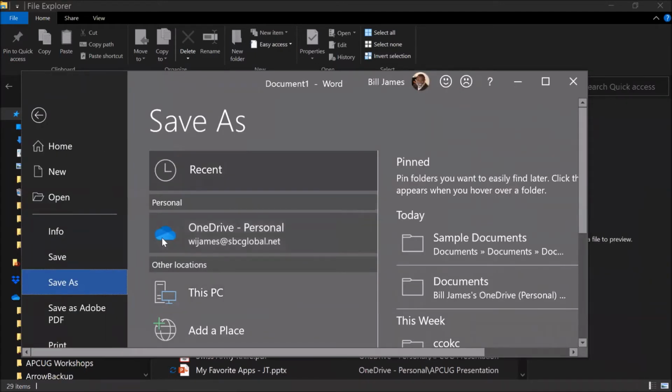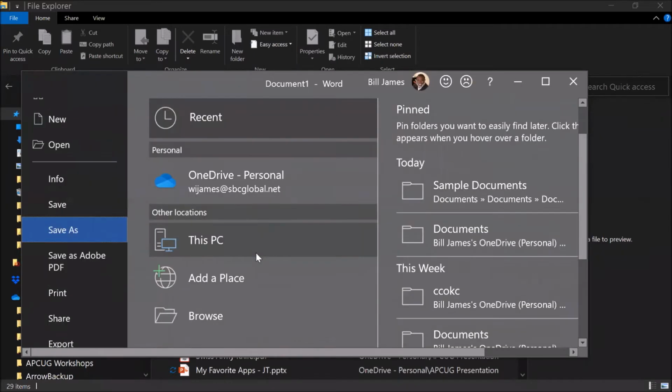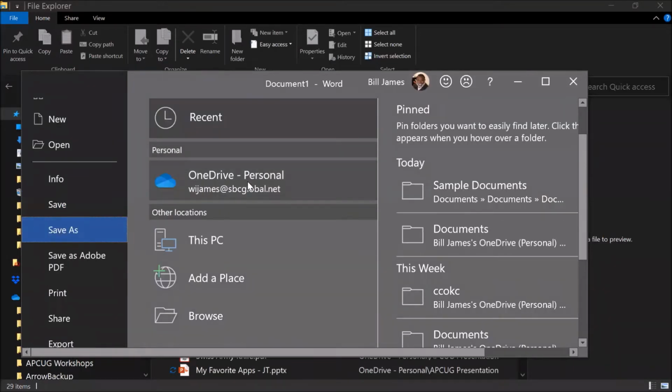And those choices of locations are OneDrive, this PC, or I can browse. Now, if you're fairly sure that you want to save it to this particular folder, then you can go ahead and click that. And then that will put it in OneDrive